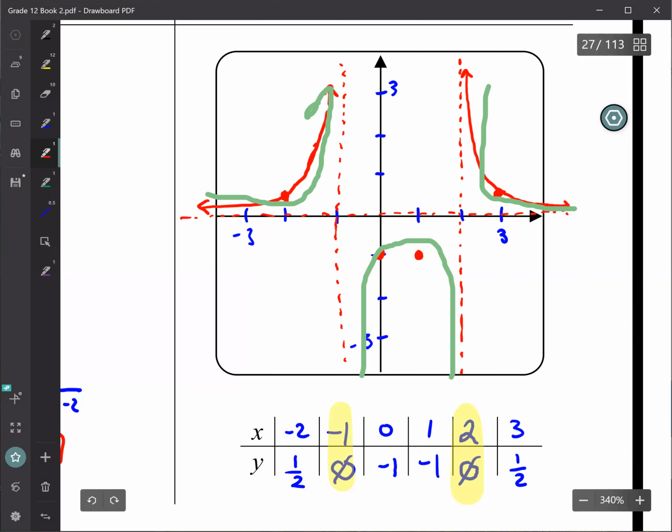To the left side, it will go down, right? And then to the right side, it will also go down, okay? So it doesn't go up. And if you want to